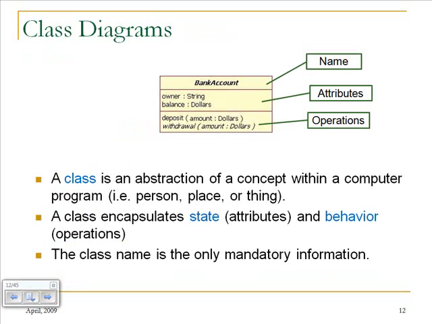So here's an example of a class diagram. In this case, I have a class called bank account. Okay, so I have to have a name for a class. Any class that you create must have a name. It's going to represent a particular object in your system. So to represent a bank account, I need to have a class called bank account. Then